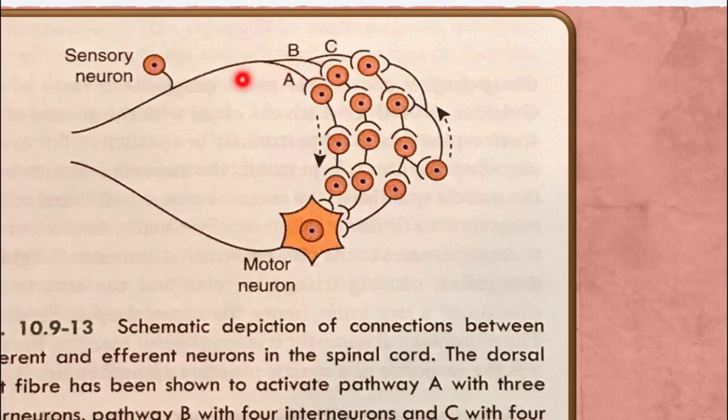Forget about B and A, just imagine there is only this C pathway. You provided a painful stimulus, and you provided it only once. If it takes only the B pathway, it will reach this motor neuron and it will die down. But if it takes the C pathway instead of B, it will take the same time as B, but it won't die down as early as it was supposed to in B. Why? Because this neuron releases the neurotransmitter, which in turn makes this neuron release neurotransmitter. Ultimately,